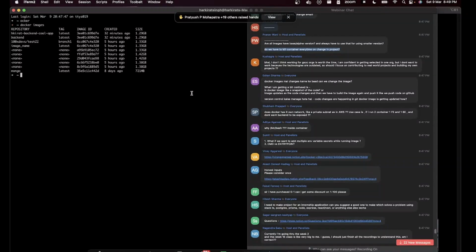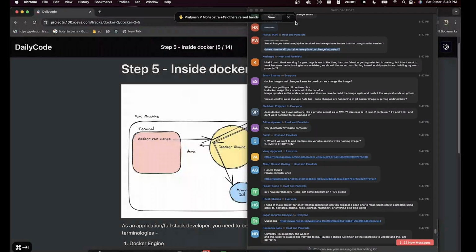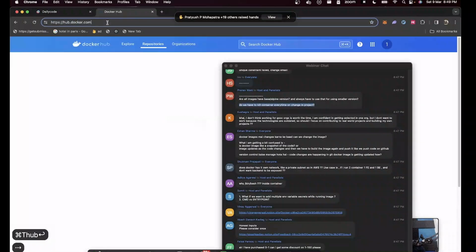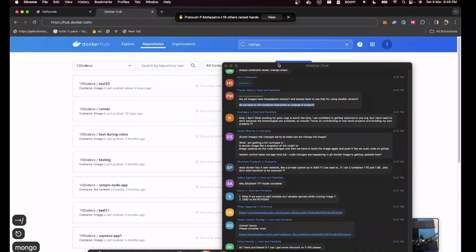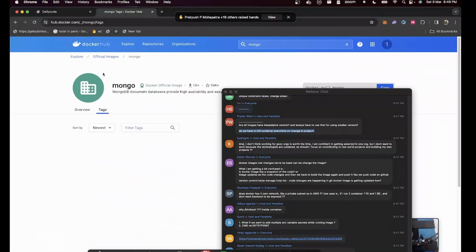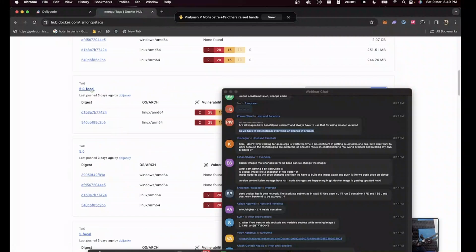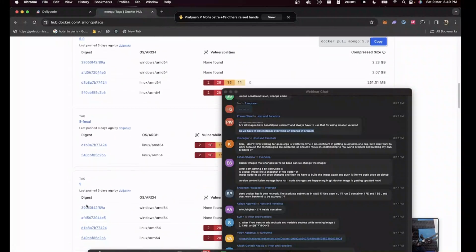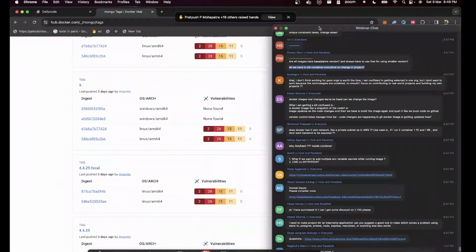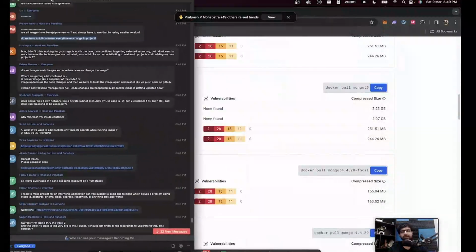After making changes to Docker images, can we change the image? You can change the image. You can regenerate the image. You can re-push the image. In fact, every image has multiple versions. If you go to hub.docker.com/Mongo, you'll see Mongo has multiple versions. So as you update your images, you give them new tags and push them. This is 5, this is 5.0, this is 5.4, and so on and so forth. So there are multiple versions to every image. You can keep regenerating them, and as you regenerate them, you will create new versions and push them.